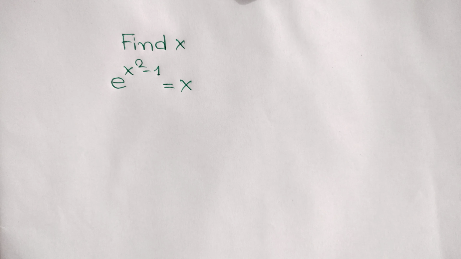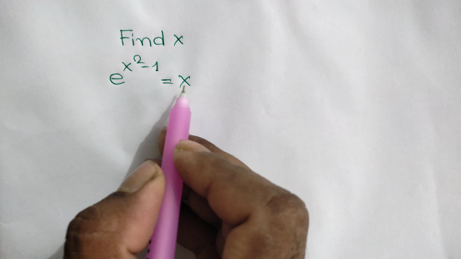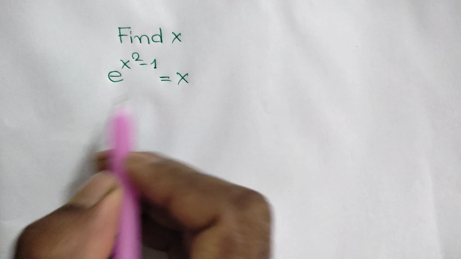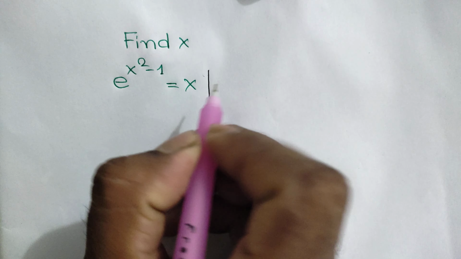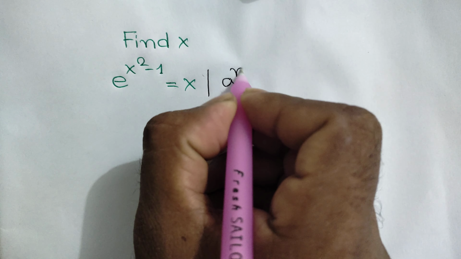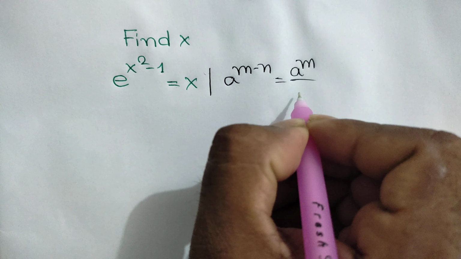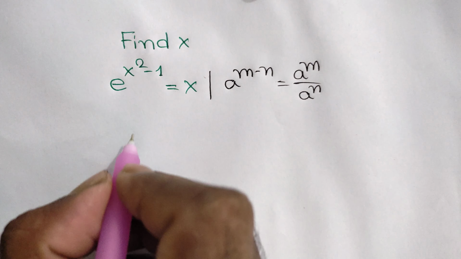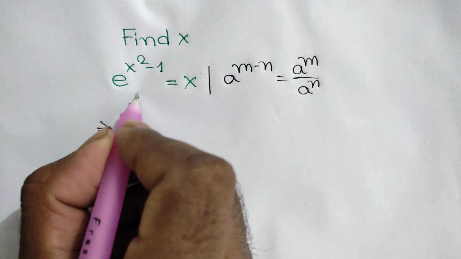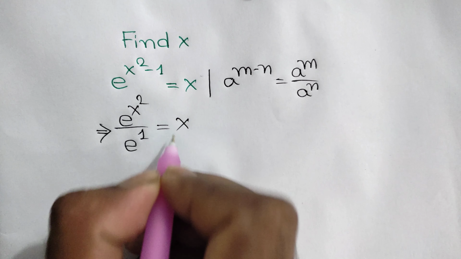Hi everyone, in this video I am going to show how to find the value of x where e to the power x square minus 1 is equal to x. We know an exponential rule: a to the power m minus n is equal to a to the power m over a to the power n. Applying this rule, we can write e to the power x square over e to the power 1 is equal to x,